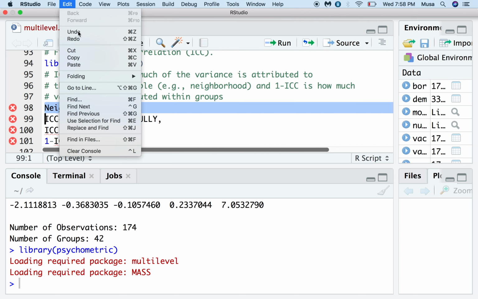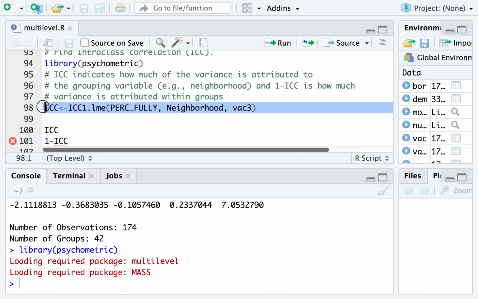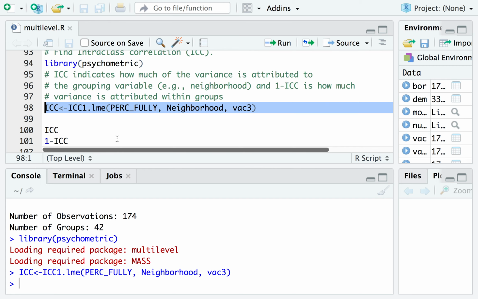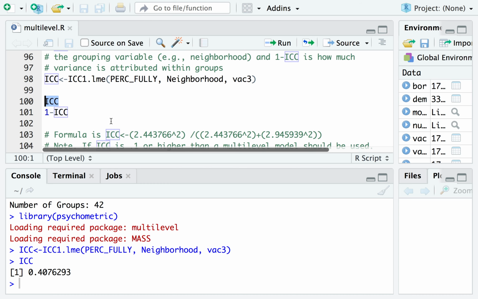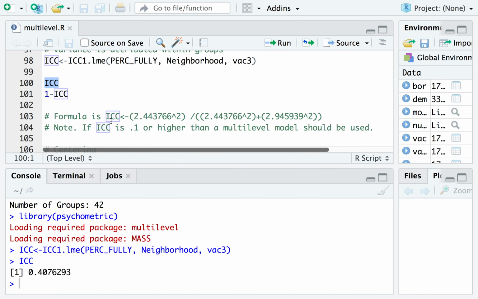Edit, undo. So that was an accident. Okay, let's just run it. And I named it ICC, so when I call it, it'll give me the value. So it's about 40%. So what this means is 40% of the variance in the model can be accounted for